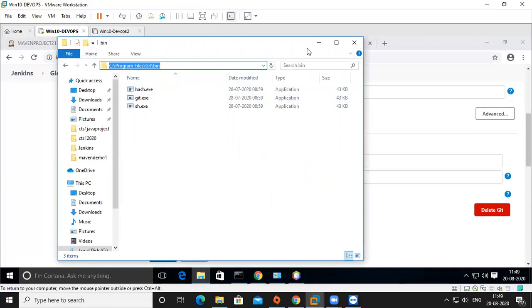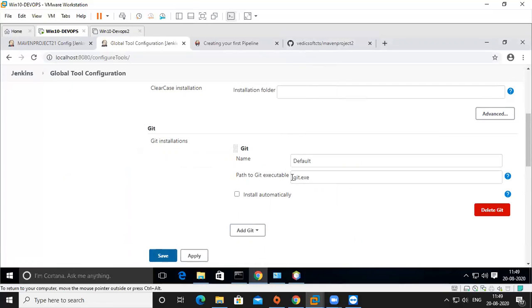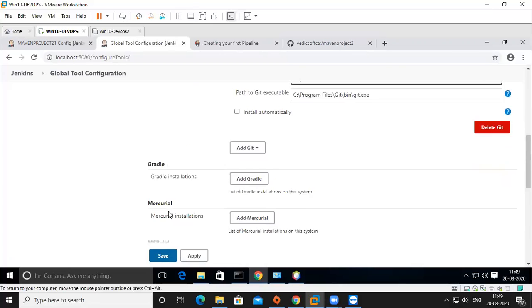So I'm going directly to the bin folder, Ctrl V, now slash. So I'm declaring where Git is also. By default the system will take it, otherwise you can tell where your executable is. Its name is showing default, I use git only. That's it. Okay, so I declared Git.